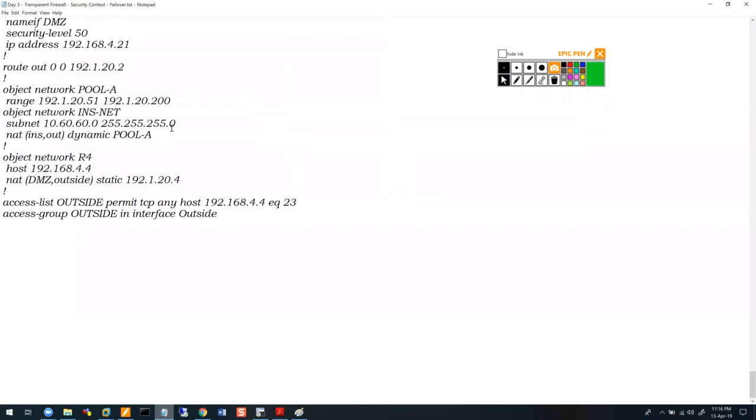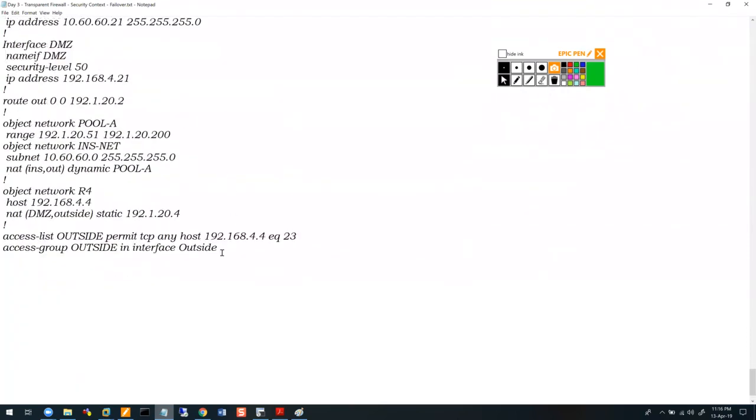All right, so the next thing we're going to take a look at over here is failover. What does failover bring to the table? It allows you the ability to have redundancy at the box level. So in case